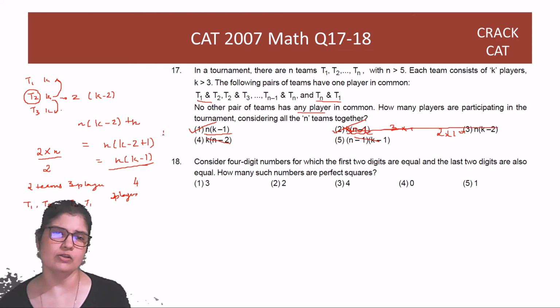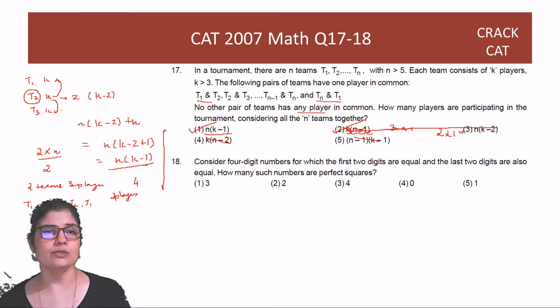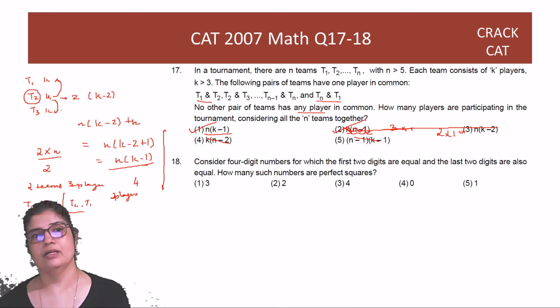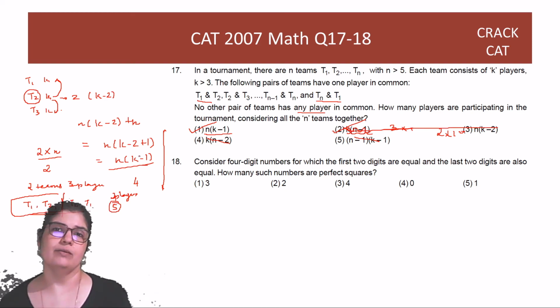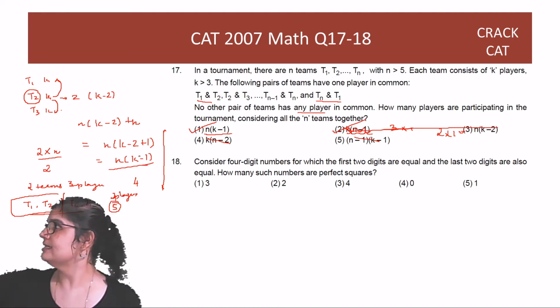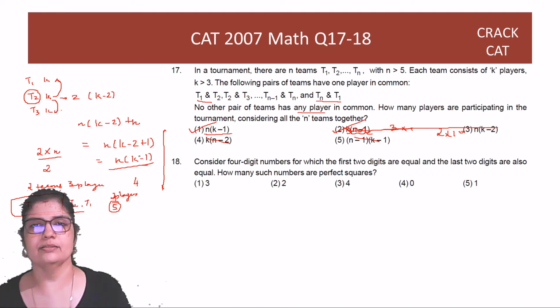You could use number also, but most probably what will happen if you use numbers is you will not be able to see कि T1 T2 है और T2 T1 भी है. You'll just work with T1 T2 and then you'll get an answer for 5, and 5 तो कहीं मिलेगा ही नहीं आपको. So this is your, if you have used numbers guys, this is the error that you're going to get. Okay.